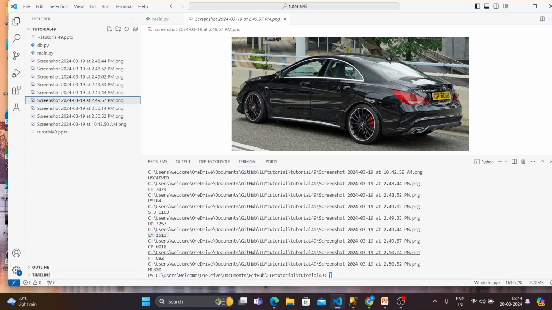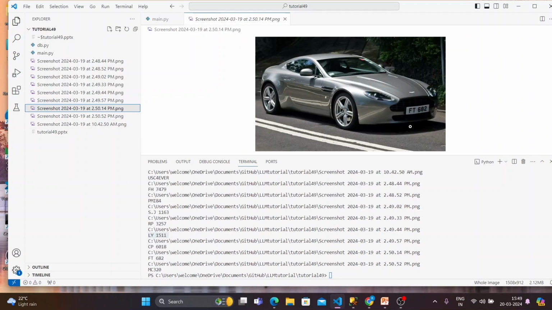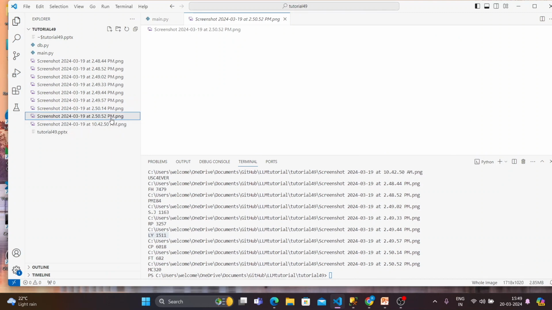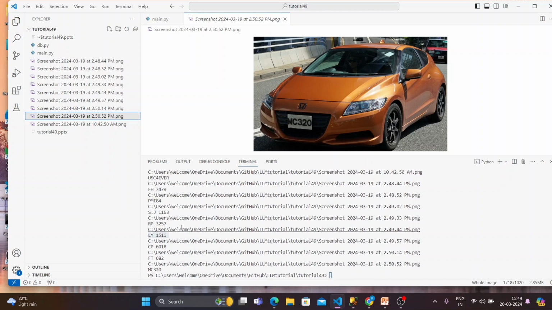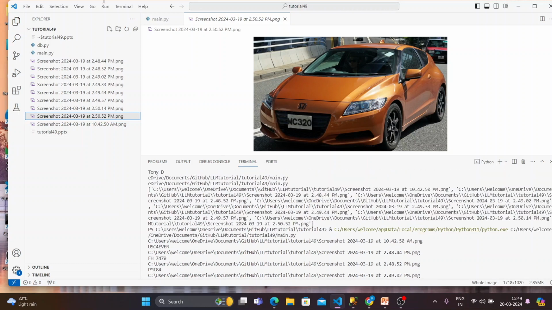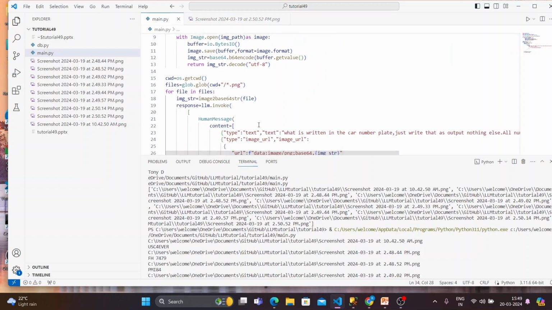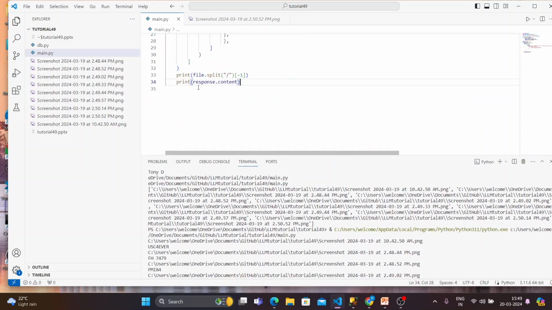Okay, 5014. So FT 682, FT 682. The last one is 5052. MC 320, MC. So now we have to actually replace the space and dot. Okay. So what I'll do here? So what I'll do? I will just write